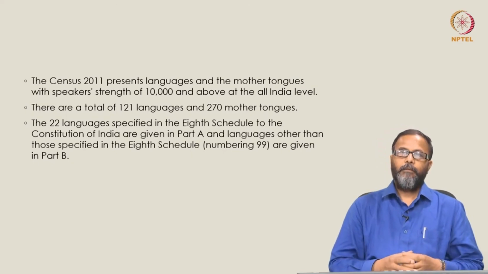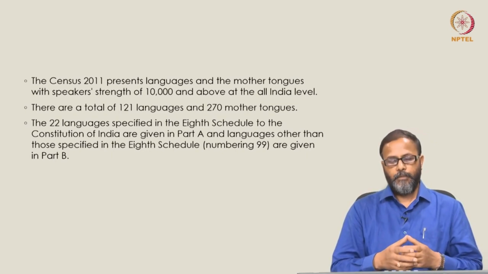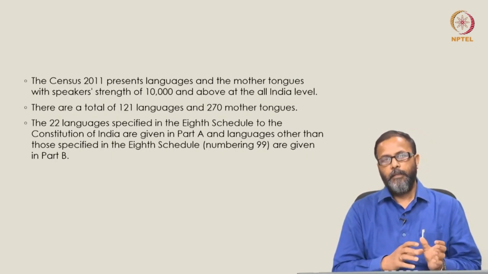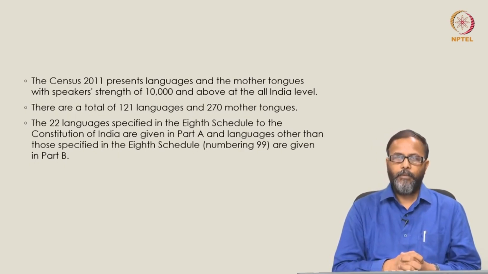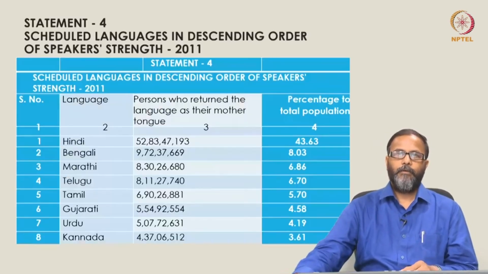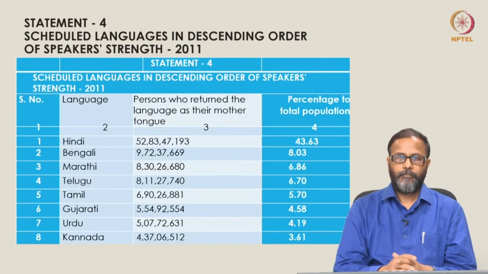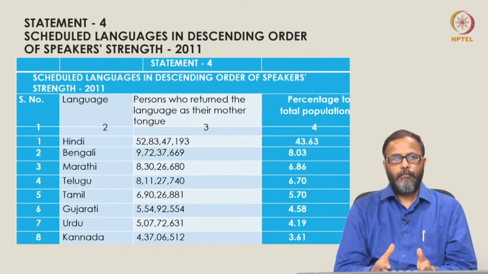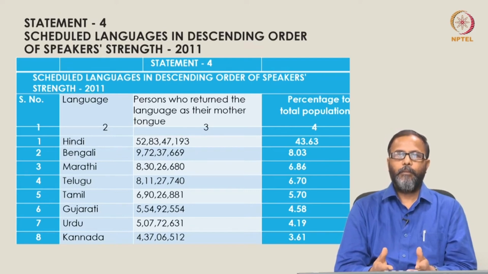The 22 scheduled languages are specified in statement 1 part A, and the remaining 99 languages are specified in part B of the census of India. If you go by the speakers' strength of scheduled languages in descending order,